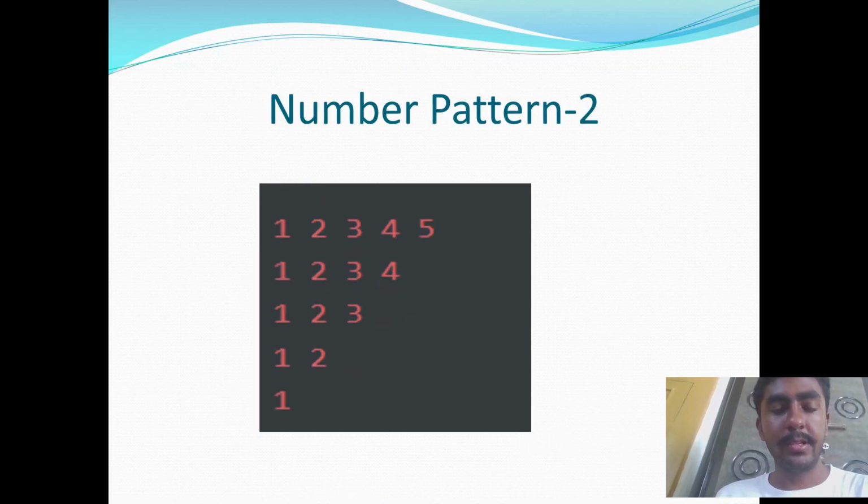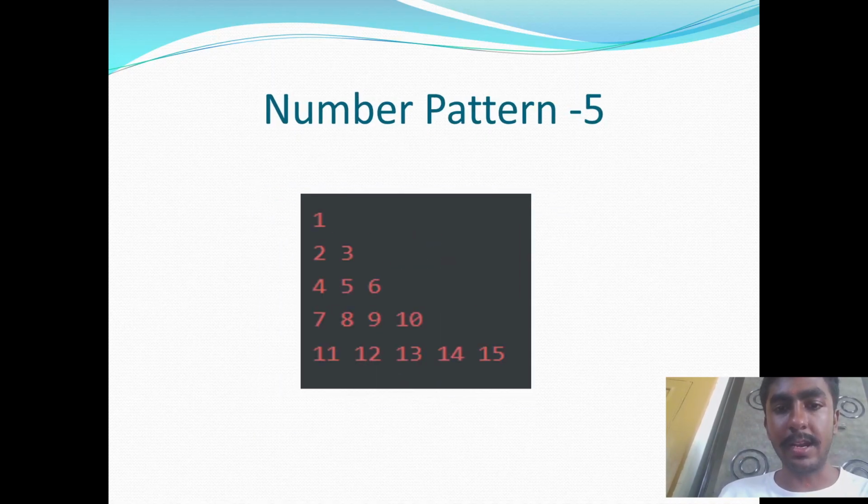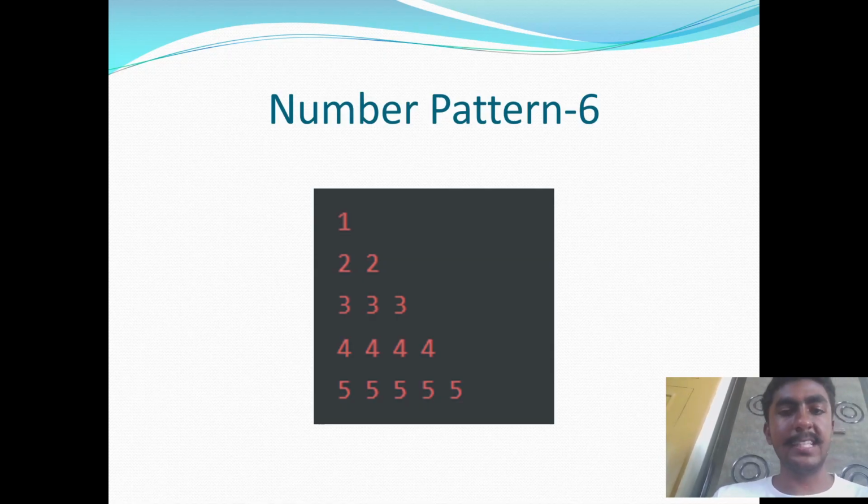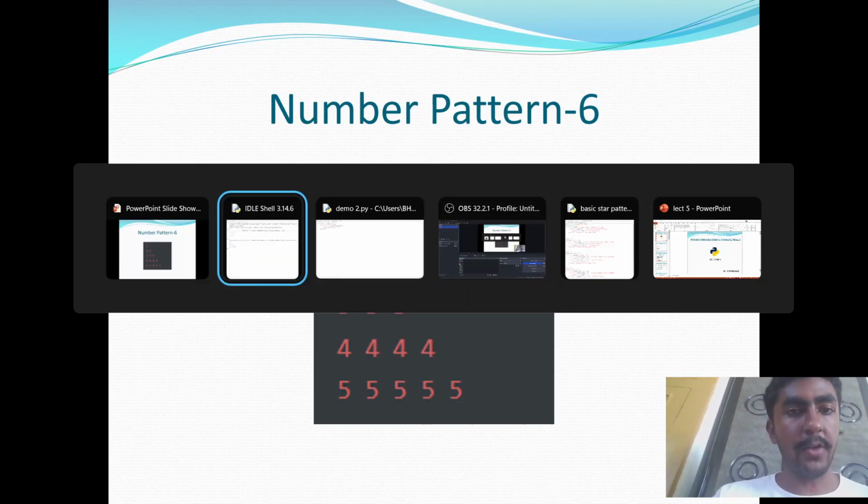pattern number 2, which is the same number in each row. Let me go to the pattern. Yeah, this pattern. So first, which number should be printed? The answer is the current row number. So the code will be